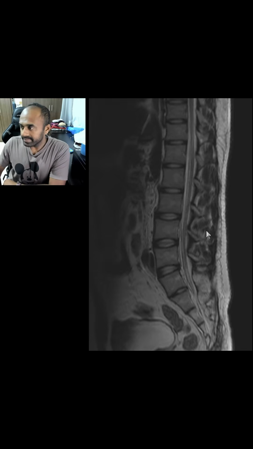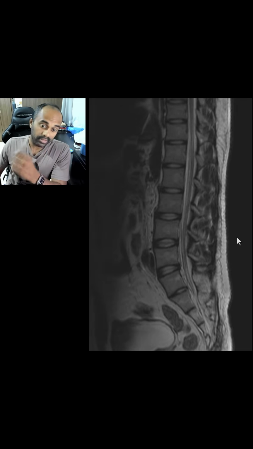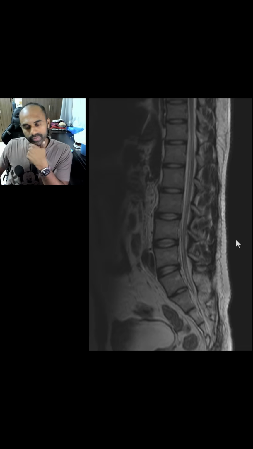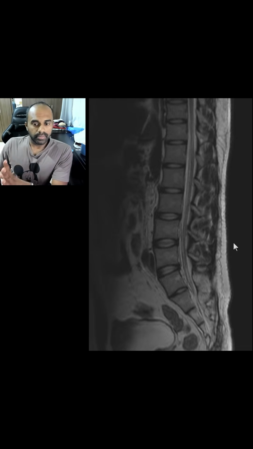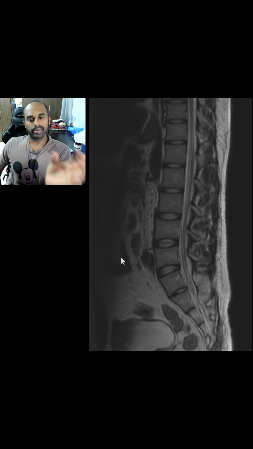All right, let's look at this case. Okay, so the patient is a young patient, 25-year-old with low backache. Okay, grossly, when you look at it in the sagittal plane in this T2-weighted image, you're not really seeing any